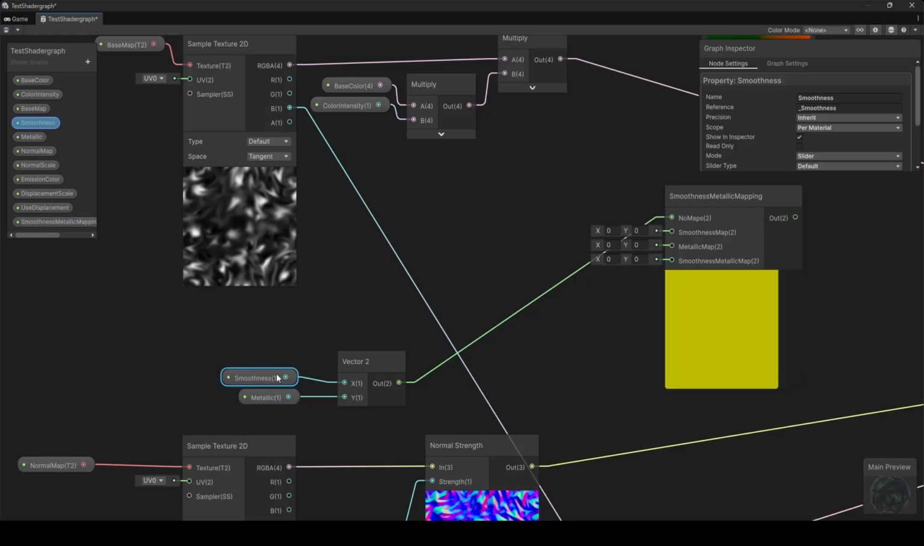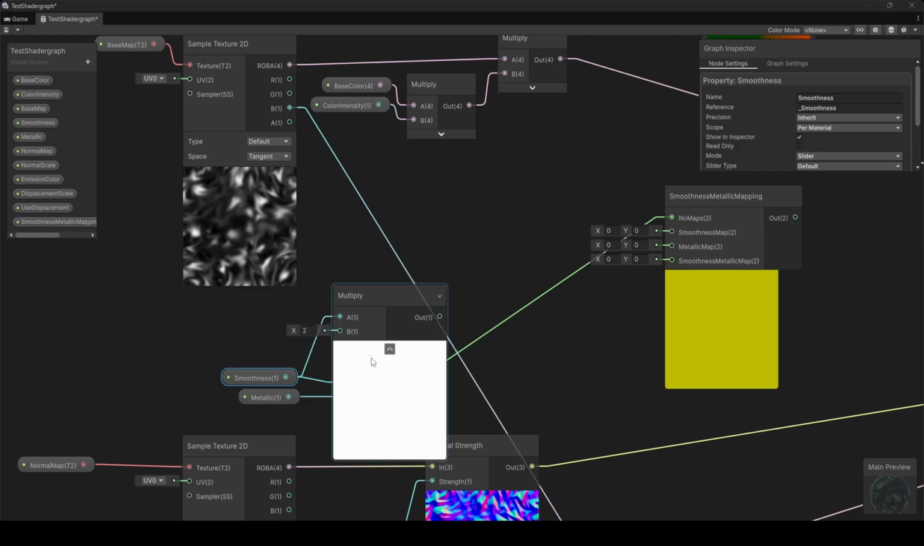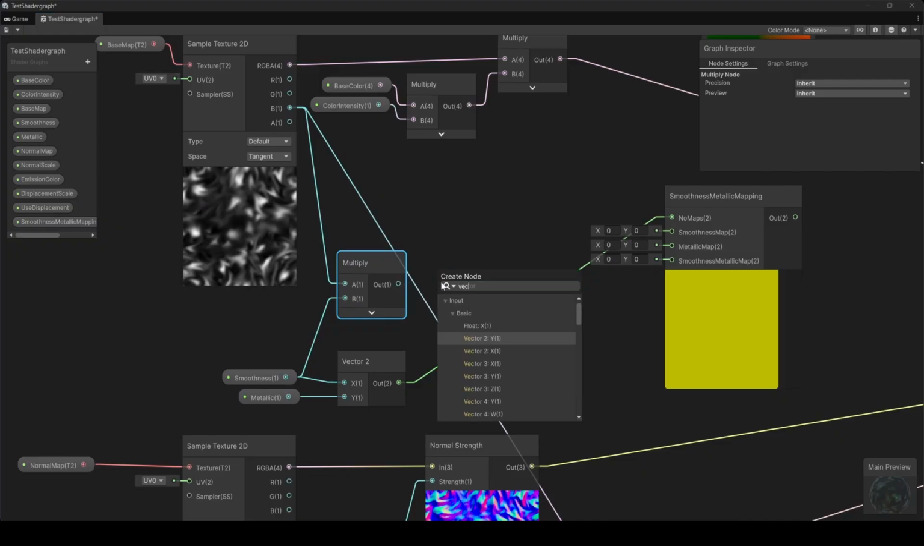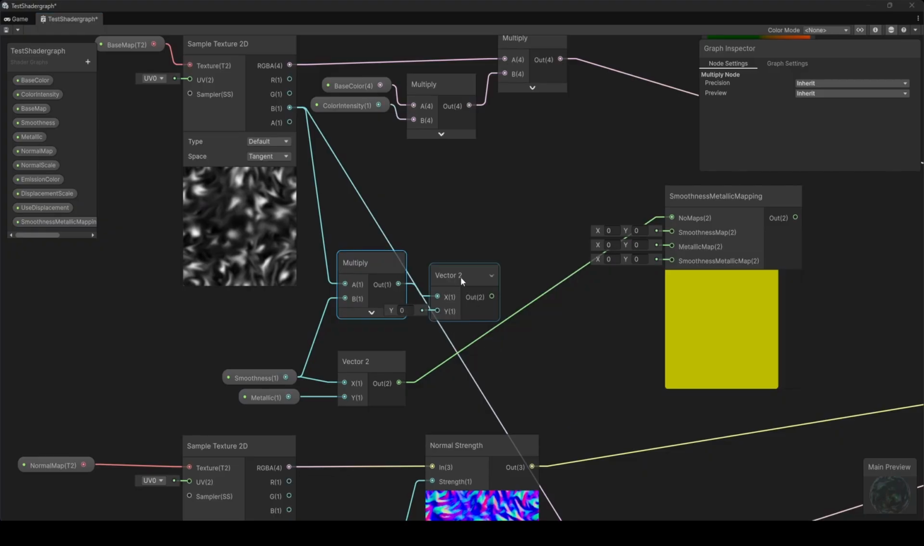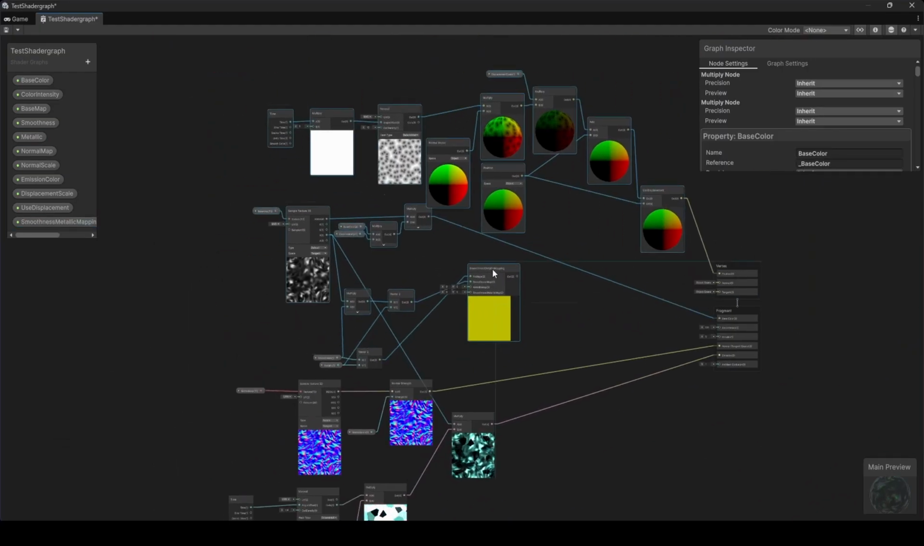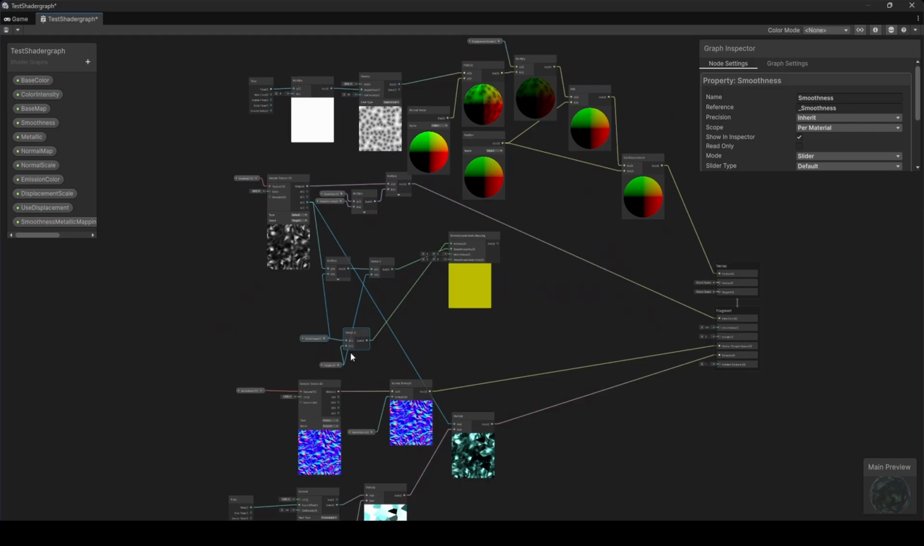If we want a smoothness map, then what we need to do is multiply our smoothness by our channel here. And then we'll put that into another vector 2. And this one, we just want to feed the metallic directly. So this one, we're using a smoothness map, but a metallic float. We want to do the same thing with our other